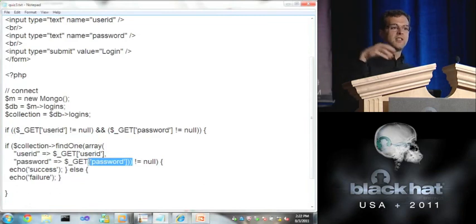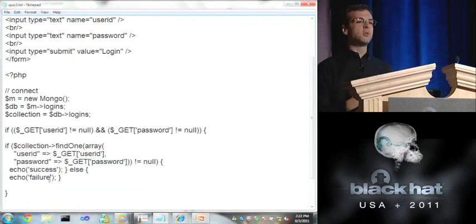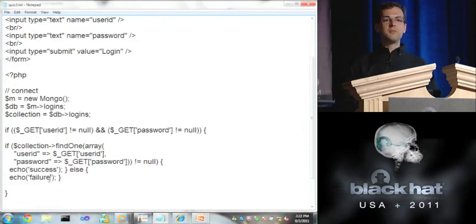And if at least one of those documents matches that query, then we let the person, we just cheat here. Then we let the person in. Otherwise, you're rejected. So this is the Mongo NoSQL equivalent of select star from login where user ID equals X